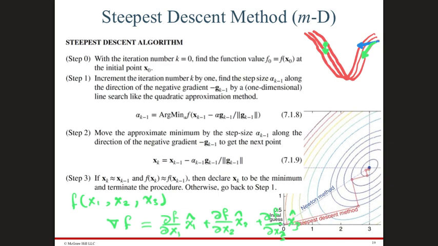So if I choose one length that gives me, let's say, the value of f that I'm looking for, the function that I'm trying to minimize, equals 0.7. And then I choose another length and it gives me a value of 1. And I choose another length and it gives me a value of 0.3. I have to pick the 0.3, because the other ones ended up with higher values of the function that I want to minimize, right? So that's why you try to solve this optimization problem to figure out the best step